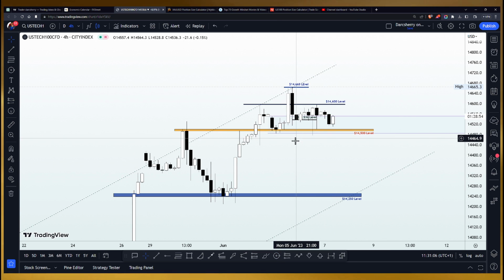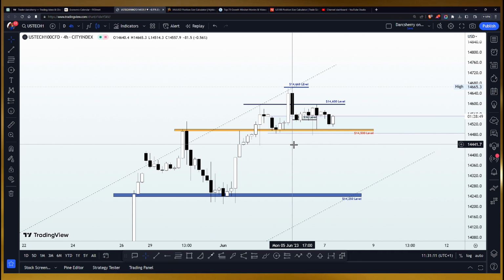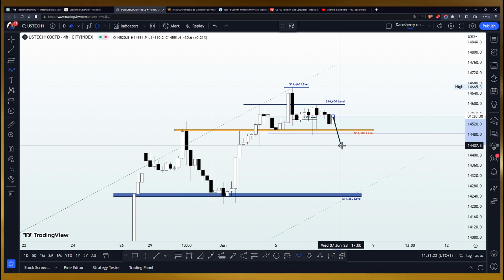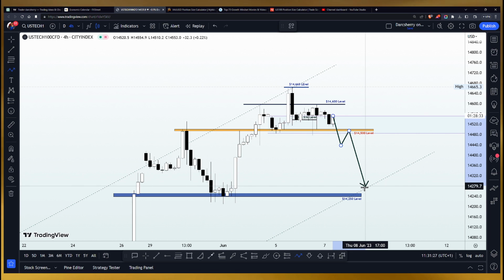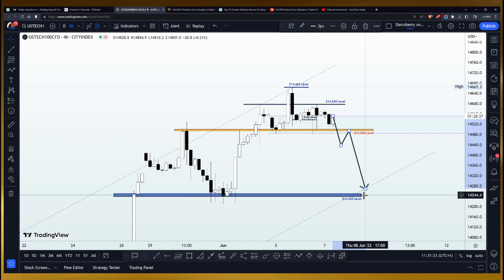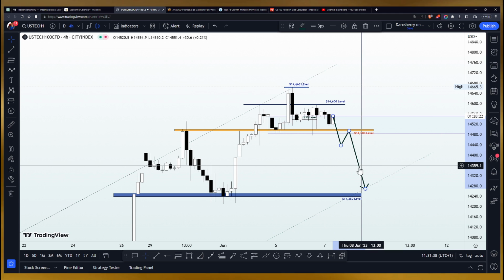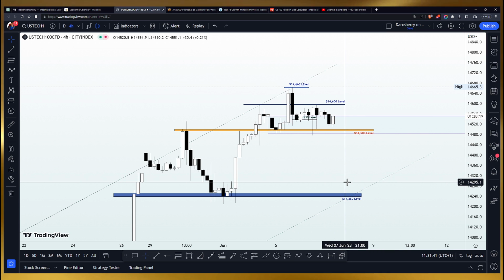So as long as price action remains above our key level at the 14,500, obviously we want to be looking out for buying opportunities. And the only way we can start considering selling the USTech100 is to see price action drop below the 14,500, if possible retest the structure to incite a wave back into the support line of the whole ascending channel we identified earlier, which also shares a confluence with the 14,250. But since price remains above the key level, then we have no other business looking out for selling opportunities.